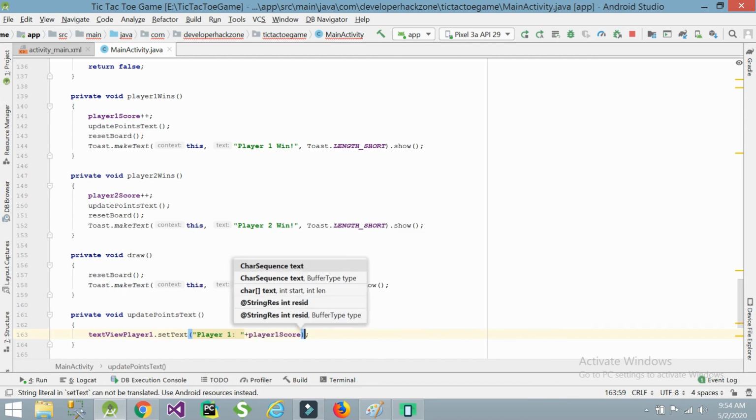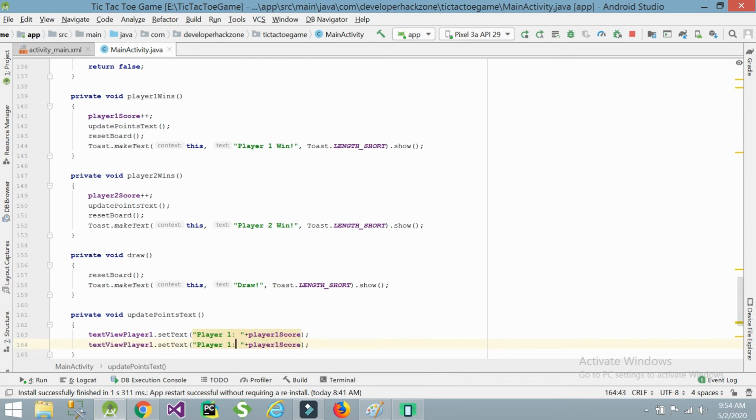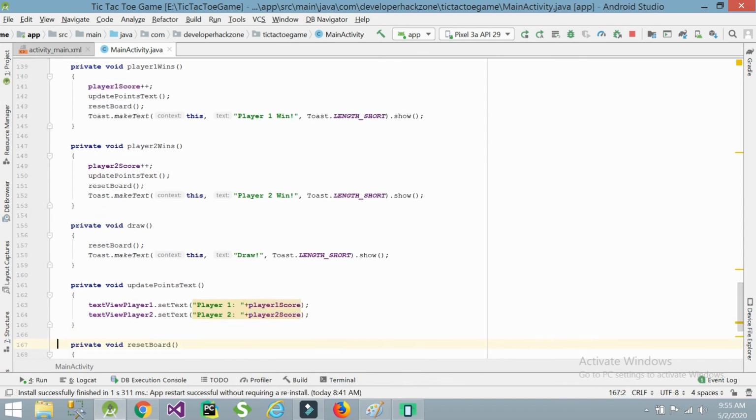I am displaying it here. Same like that for player 2, player 2 score. So we are updating points here.